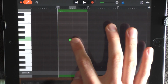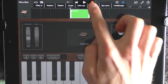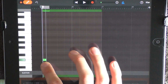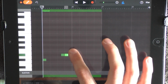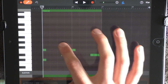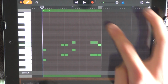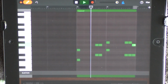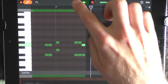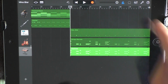You want to put out something, go out, drag it out to 7 and go in again. And now put out these notes. Like this. And loop this. And now you want to go to the track view, click on loops,